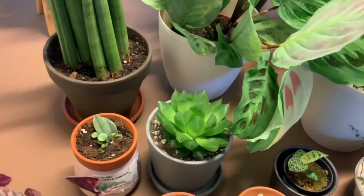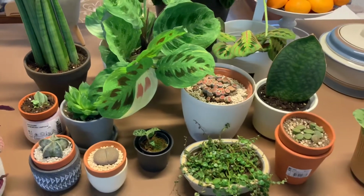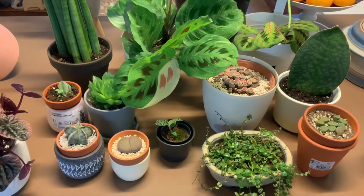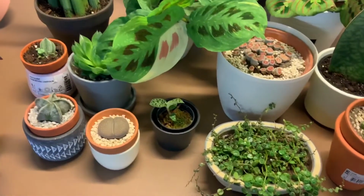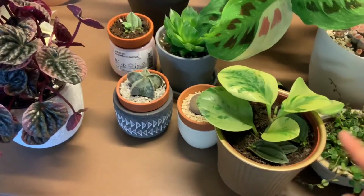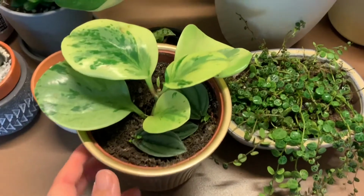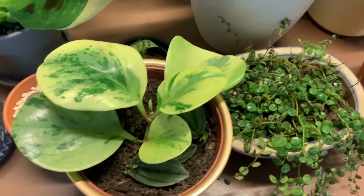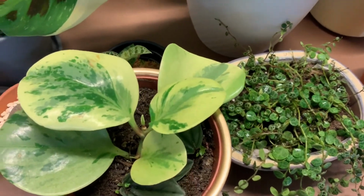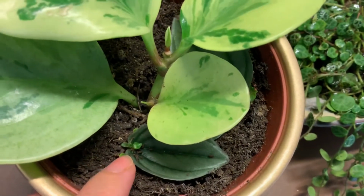And yes, this is about the purchases I got in November. And next, I want to show you my lazy, easy way of propagating. This is my pot for the baby rubber plant. It's a Peperomia, and because I have way too many nice leaves, I randomly threw three of them into this pot. Now, one month later, look,